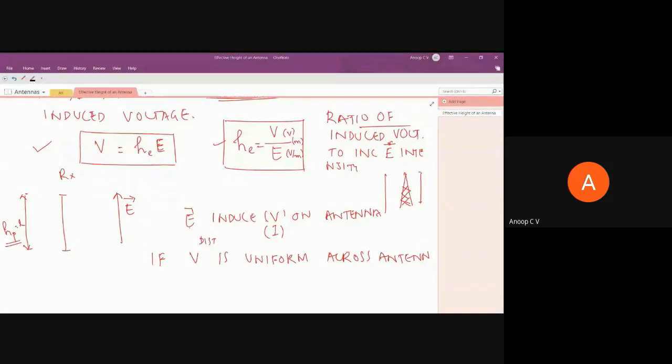Yeah, am I audible now? Sorry, I lost my connection and I joined back. Am I audible and is my screen visible? Yes, please sir, yes. Okay, in between I got disconnected. There was a power issue here.